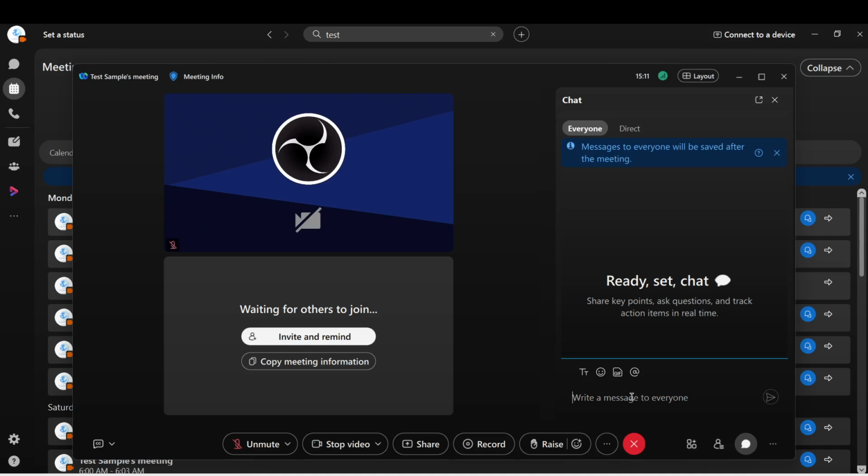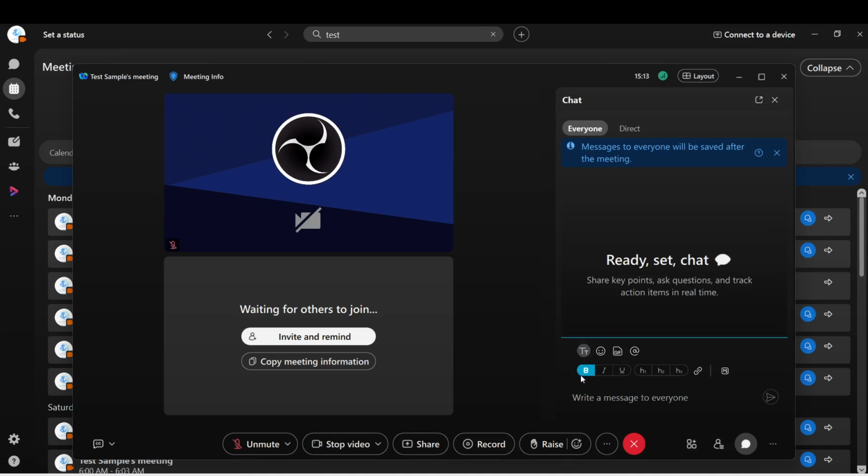Next up, click the Format Text icon. This icon can enhance your message by allowing you to bold, italicize, or underline text. By clicking on it, you gain access to additional formatting options. This is important because it helps your message stand out, especially when sharing important links. Once you have clicked the Format Text icon, you will see a toolbar appear, providing you with various text formatting tools. With that ready, you can now insert your link.